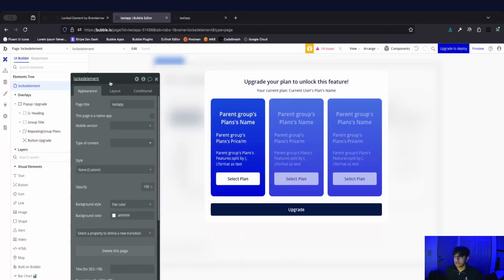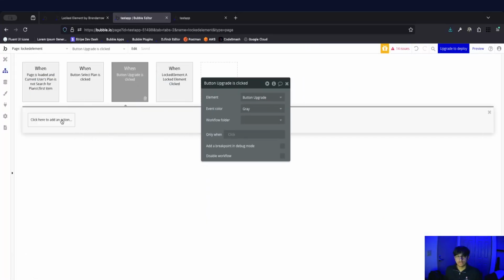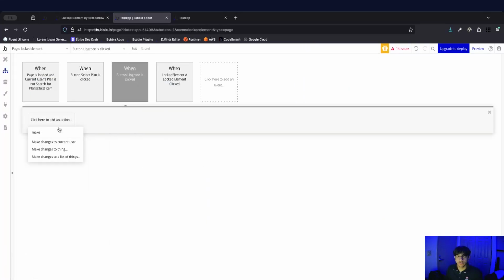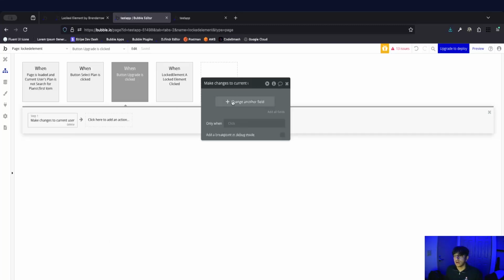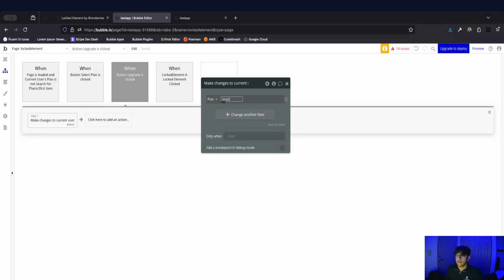So I have my pre-built pop-up here for upgrading the plan, and we're going to set the workflow on the upgrade button. So we're going to hit add workflow. And first and foremost, what we want to do is we're going to make changes to the current user so we can update the plan to what they're on or what they selected. So we're going to select plan, and we're going to change it to whatever plan they've selected. So for me,